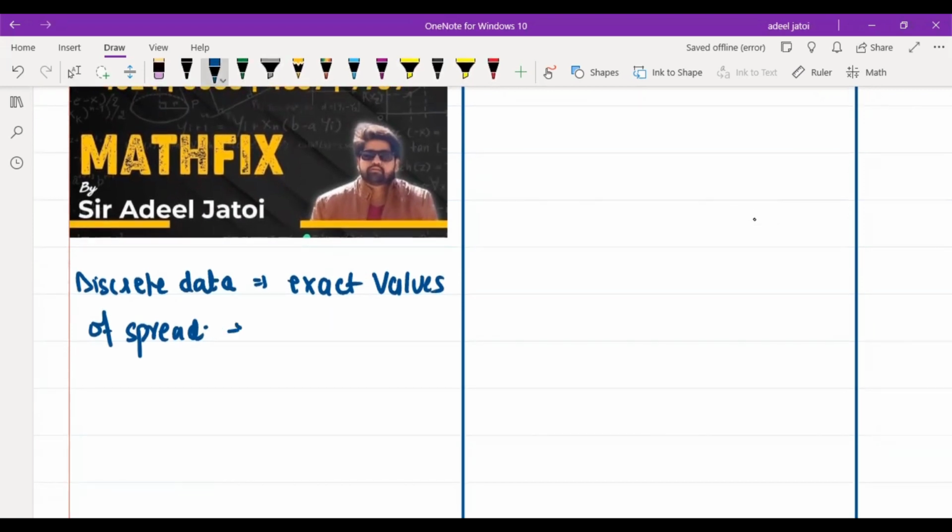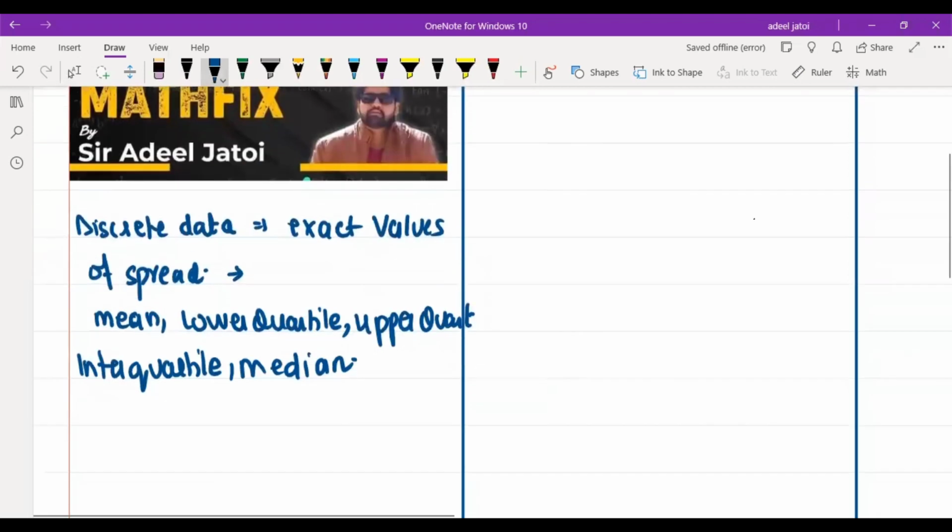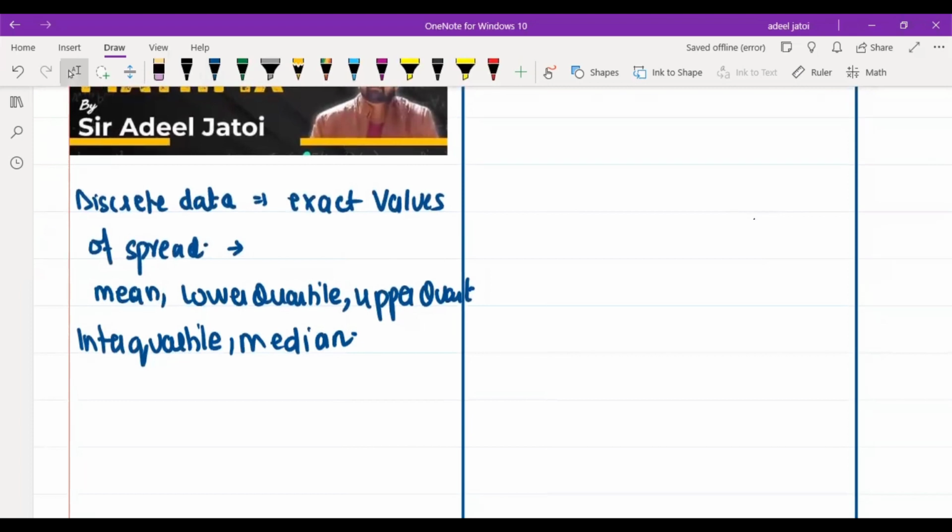Whereas in this, normally you will be required to find out your mean, your lower quartile, upper quartile, interquartile range, and median. When we do stem and leaf,